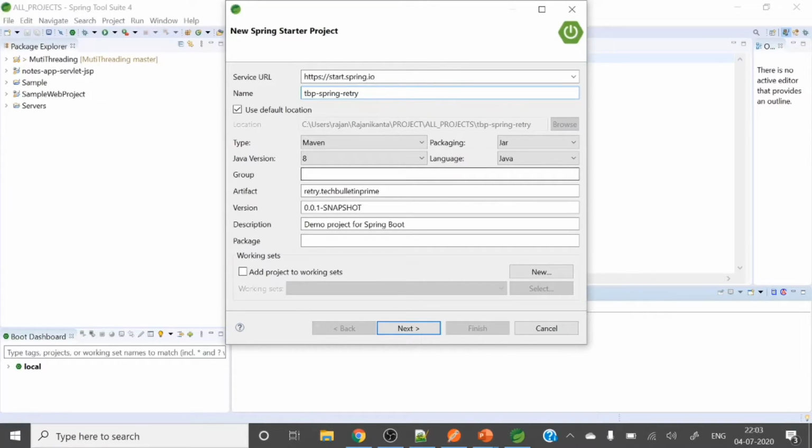Let me type quickly so that we can complete. For the package, suppose tbp.spring.retry.